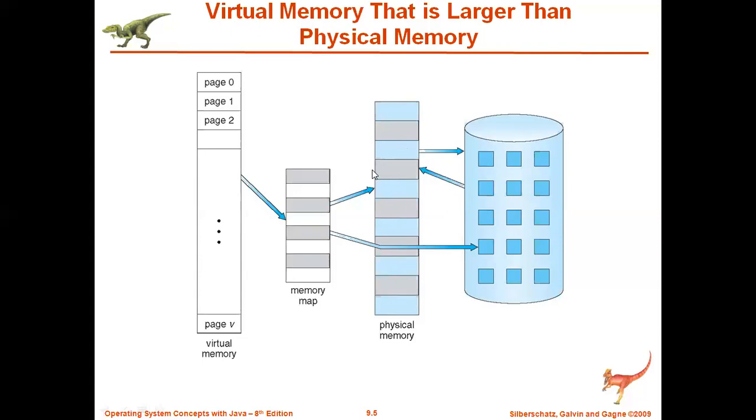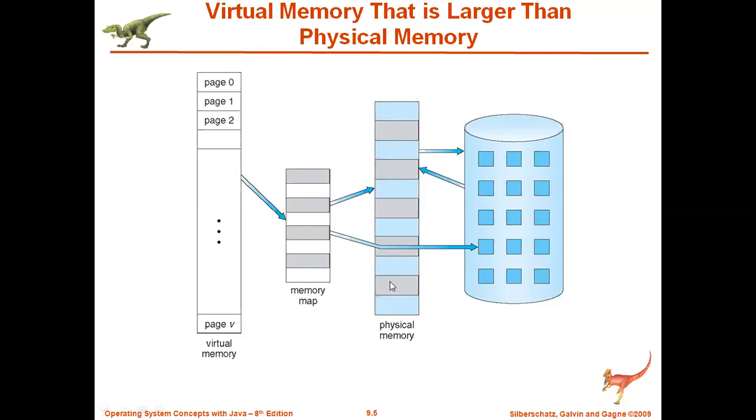Is it clear? Yes. Okay. Then the next important topic is demand paging. In demand paging, already I said, assume that page 0, page 1, page 2, and some 100 pages are requested by the CPU. All those 100 pages will not be stored here because it hardly has a capacity of 20 pages. In that case, the remaining 90 pages will be stored in the secondary storage. So if the CPU requests any page which is not there in the main memory, then what I have to do is find any free frame here.